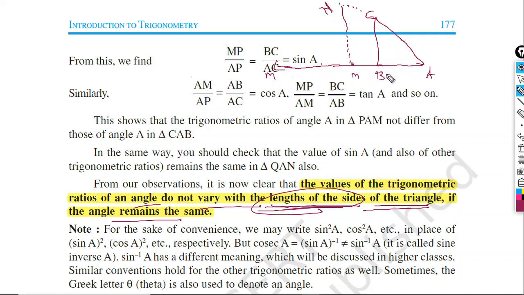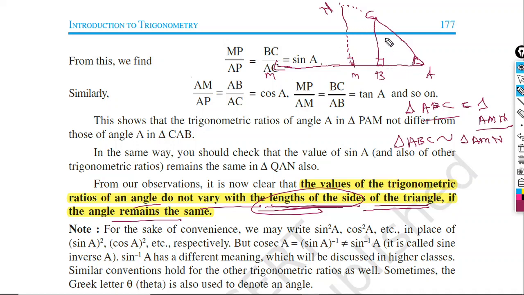Okay. Now you see in triangle ABC and triangle AMN, in between these two triangles, angle A is equal to angle A, that is common. Angle M equal to angle B, that is 90 degree. Therefore these two triangles must be similar. You can write triangle ABC is similar to triangle AMN. Therefore their corresponding sides will be in same ratio, isn't it?